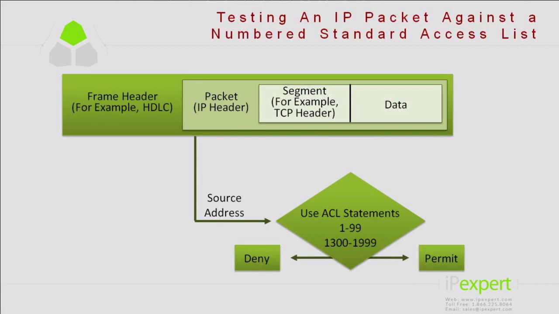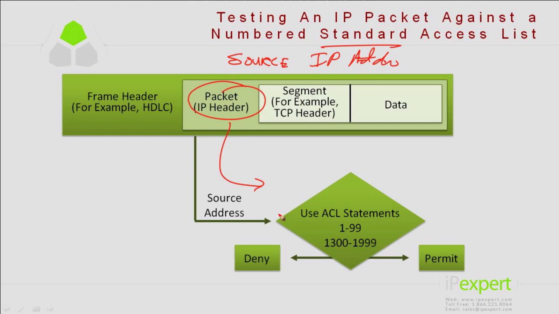So if I wanted to go through here, I can test an IP packet against a numbered standard access list. And how can I do that? Well, I can specify how I'm going to look at it. Remember, our standard access lists filter on source. So we're looking at the source IP address or the source network. Keep in mind we're going to take the IP packet header, look inside it, and look at the source address. Based on our access list configuration, we're either going to make a decision to permit or to deny